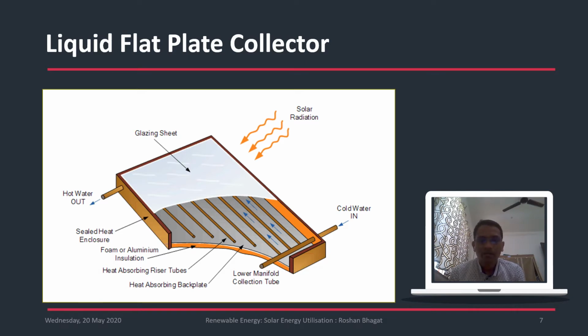So right now, coming back to this liquid flat plate collector, you always require some glass cover at the top. This glass cover prevents the losses which may take place because of radiation from inside to outside. The walls which are provided over here should prevent the heat flow to the surrounding. In order to minimize the heat losses, this should be a well insulated container, and the inside surface should be an absorber coated with black color to absorb almost all the radiation falling on it, so as to have the maximum heat transfer to the fluid which is available inside.